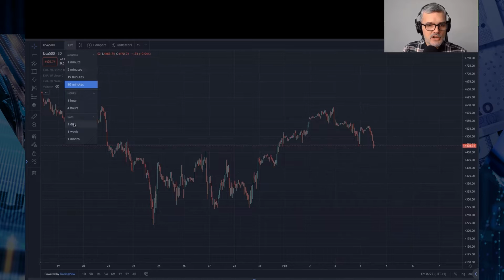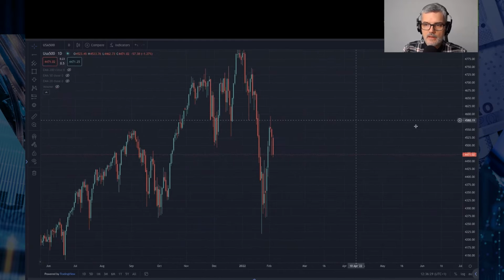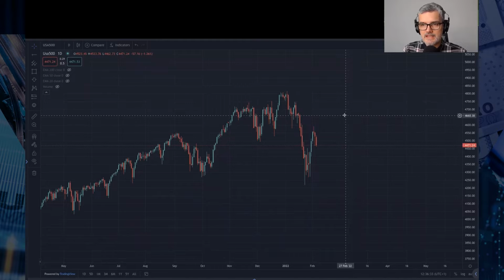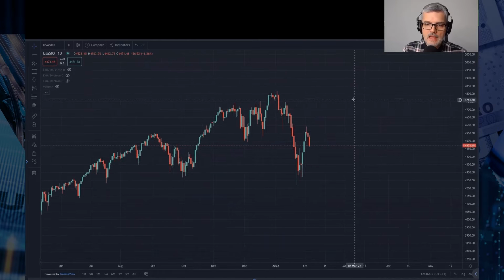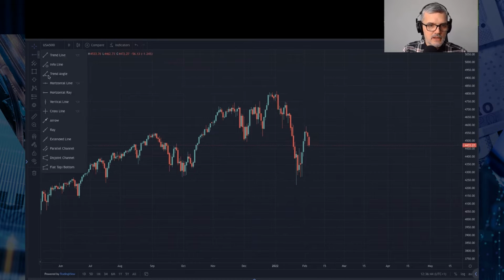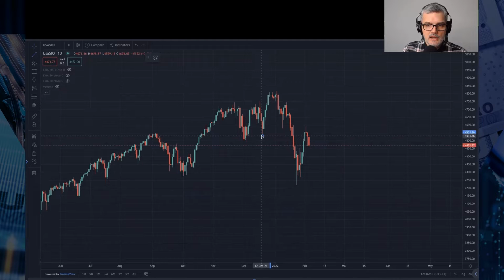If we go to a daily chart, what I look for is momentum to continue in one direction, pulling price action along. But price action needs to confirm the actual trend. So what do I mean by price action? Well, for me, it's a swing low to a swing high, which just happens to be an all-time high. Then we're looking to see whether or not the next swing low is higher and the next swing high is